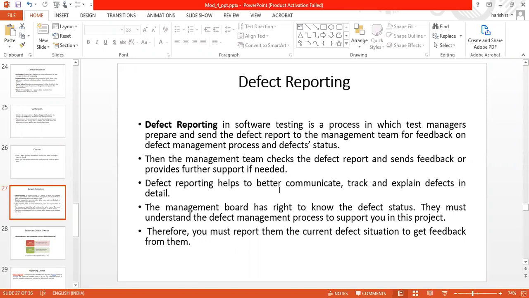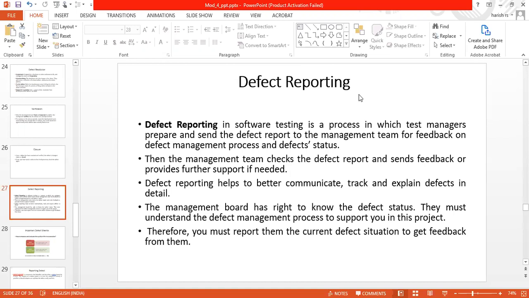The management team checks the defect report and sends the feedback about this one. So the developing team will write the feedback and give it to the tester team about the reports that have been considered and that have been reported.